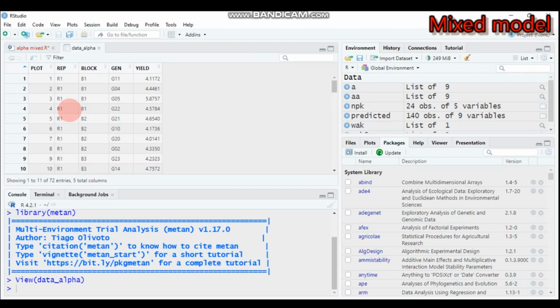Then again, let's see our data. As you can see here, there are 5 columns. The first column shows the plot number. It is not our target and it's not important as such. Then the second column is replication, followed by block, followed by genotype, and lastly is the response variable, the grain yield. So columns 2, 3, 4 are our factors, and we will consider the genotype as a random effect, as well as blocks within the replicate as the second factor, and the response variable